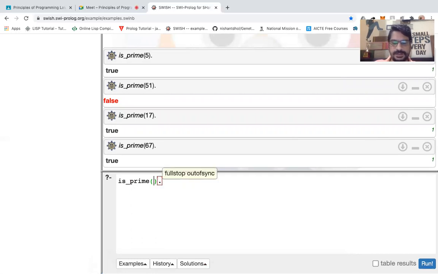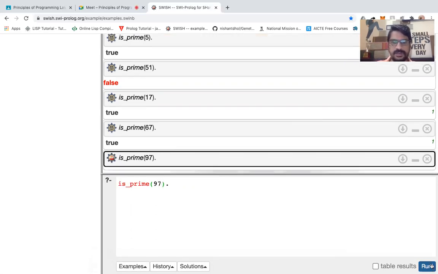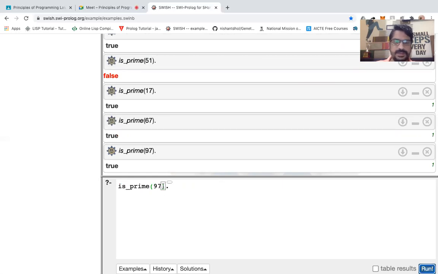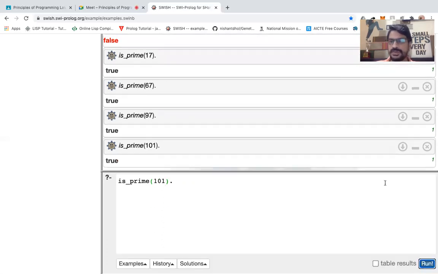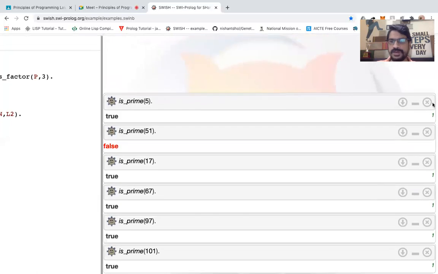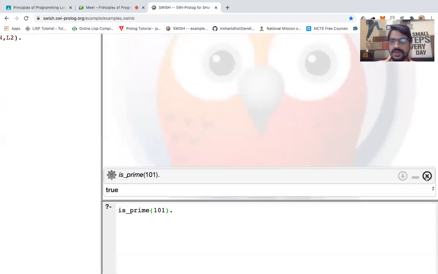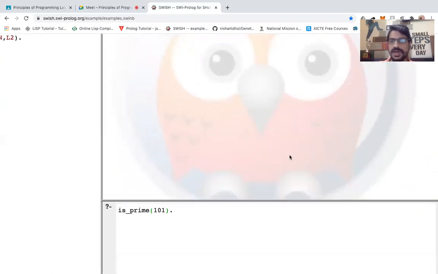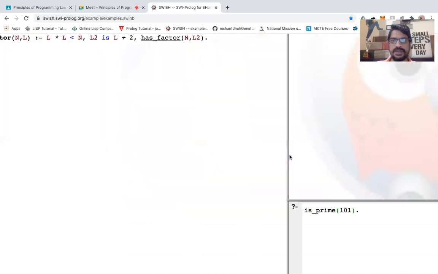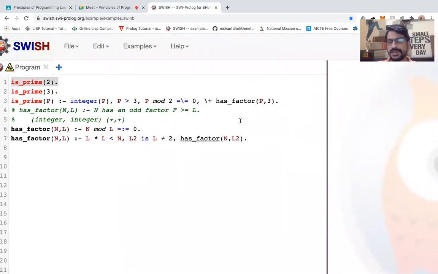Okay, 97, I don't know, ये भी प्राइम नंबर है। 101 is also a prime number. So there are different prime numbers we have in the list. So this is how we can put the logic. अगर आप लोगों ने कुछ logic already सीखा है that how you can find out the prime number, you can put those logic into the program and then you can get the values.